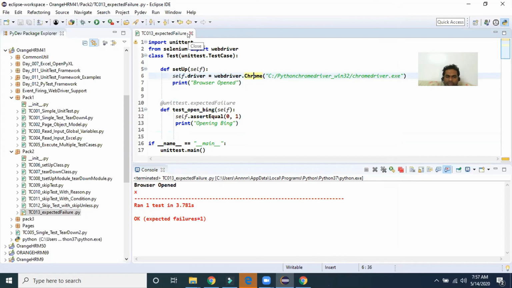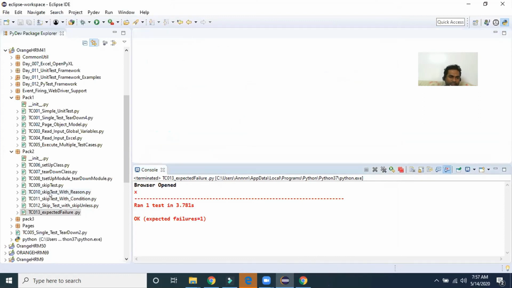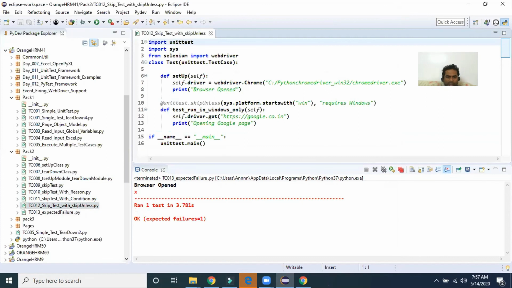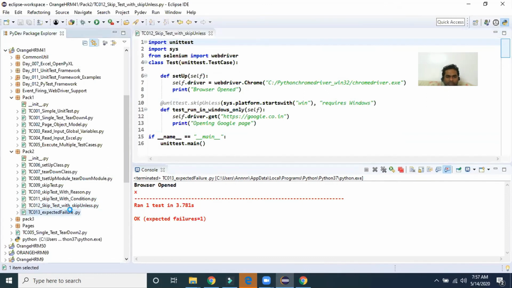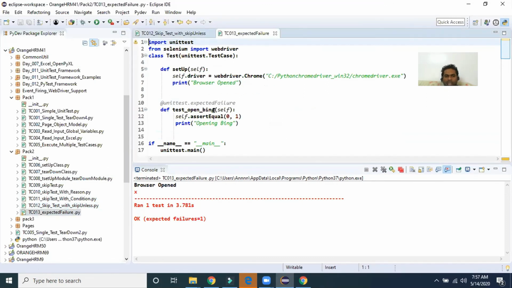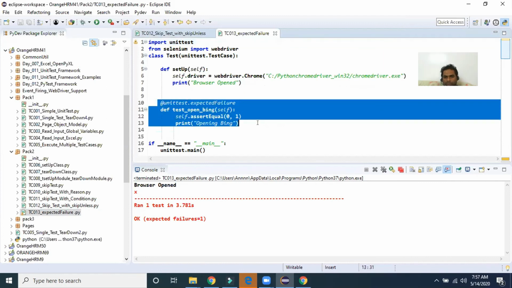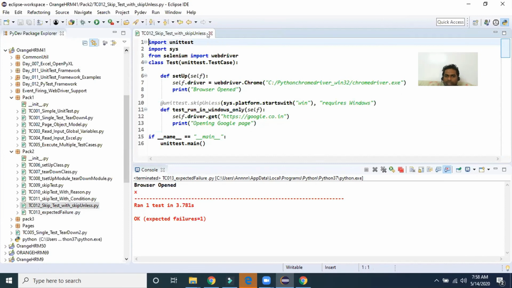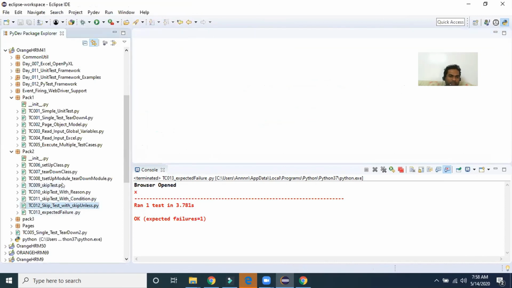So we have seen so many options in the unittest framework: skip test with reason, skip test with condition and reason, skip unless for Windows, and expected failures, where if any assertion fails, that part is completely ignored. These are the unittest framework approaches to skip the test.